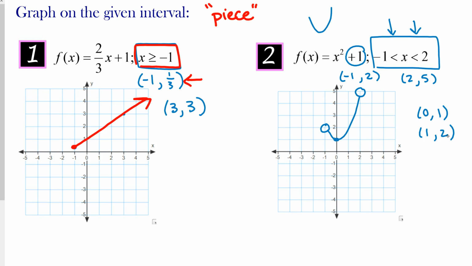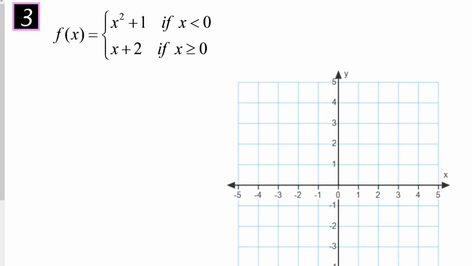Okay, so far we've still just seen one piece at a time. What we're going to do next is put a couple pieces together. So this is what you would truly see as a piecewise function. You would see a name for the function like f of x equals, and then you would see an open brace. I don't know why, but for these kinds of functions, we don't close the brace. We just open it. So you see an open brace, you see a list of the functions and their domains,